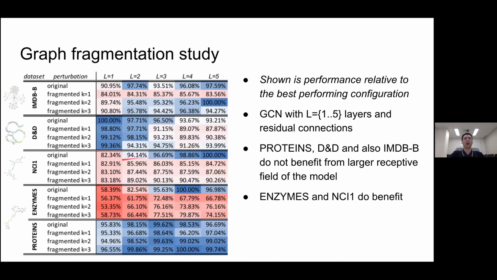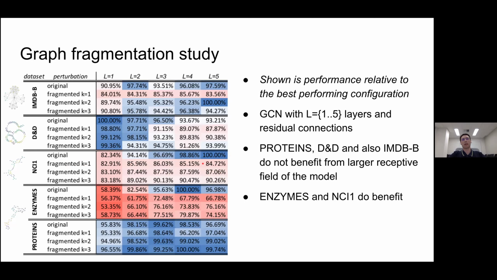NCI here, we computed the performance for GCN with 1 layer, 2 layers, 3 layers, 4 layers, 5 layers, and the 5-layer one was performing the best, right? And with 1 layer you get to 82% of the performance of the model with 5 layers. And if you fragment the data sets in the graphs in the data set to k = 1, 2, or 3, you are observing this kind of drop in the performance. And